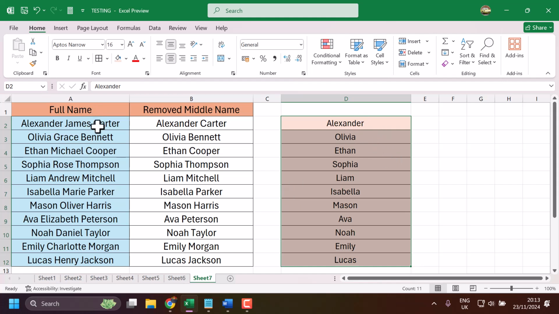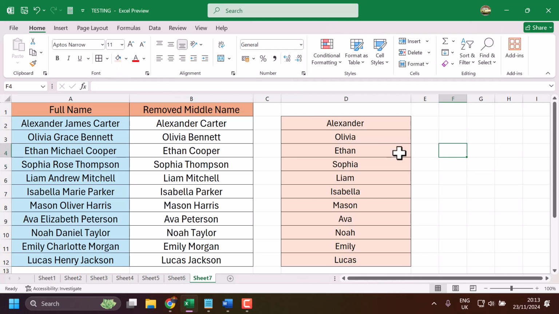Similar way you can remove last name or first name or middle name using this space and asterisk, then space, and using this